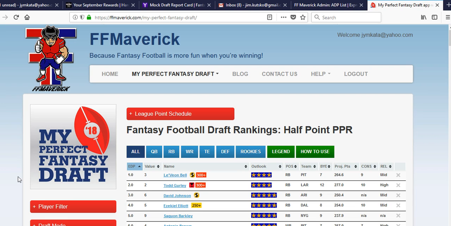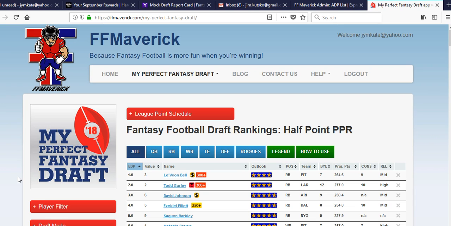In the draft, especially when you get into the middle and later rounds, you often hear the phrase, "take the best available player." But what does that actually mean? To most fantasy players, when you hear something like that, they're going to think, well, okay, I'll just take the guy sitting at the top of the draft board because that's going to be the most valuable player, right? Well, in fact, that's a big mistake, and I'm going to show you how My Perfect Fantasy